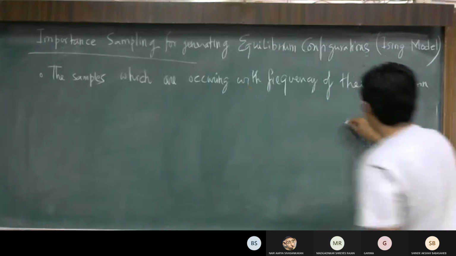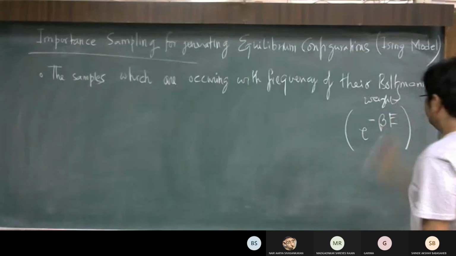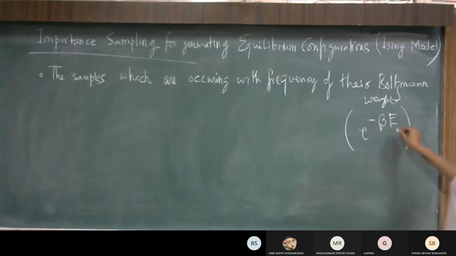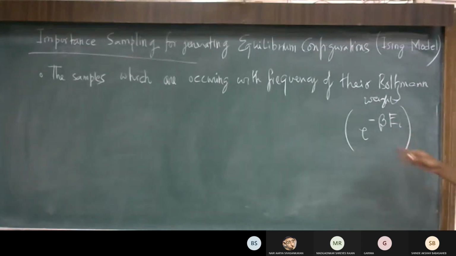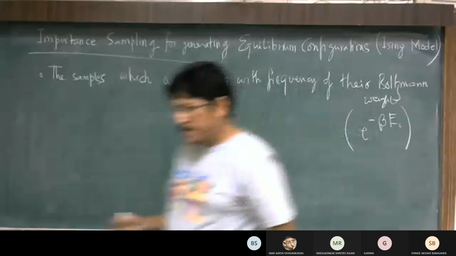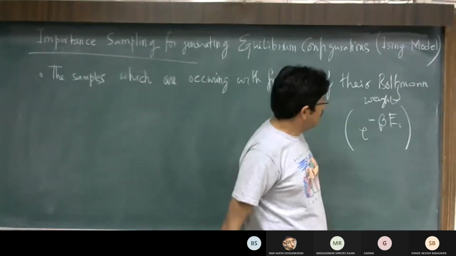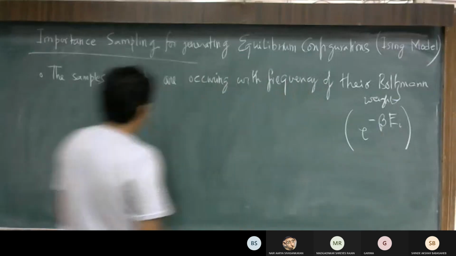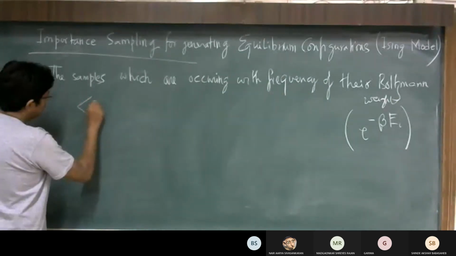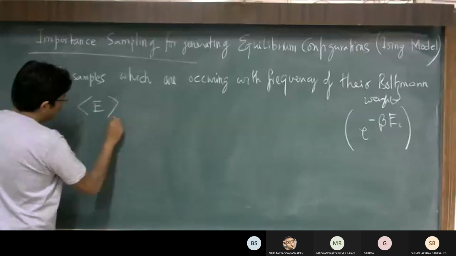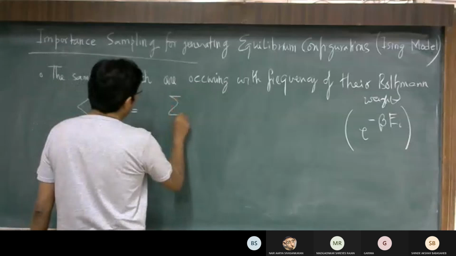When I say Boltzmann weight, that means they are occurring with this frequency of e to the power of minus beta E, whatever is the energy, for that state. So if the samples themselves are coming with this correct Boltzmann weight of e to the power of minus beta E, and in this particular case, if we want to find out the average of any of the samples, so for instance, if I want to find out average energy, all I have to do is